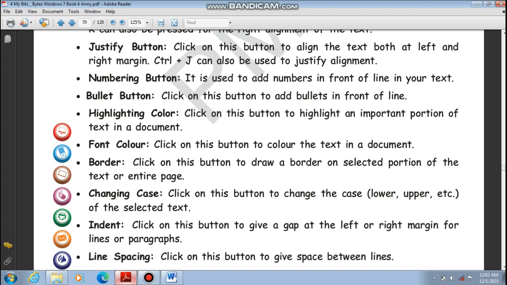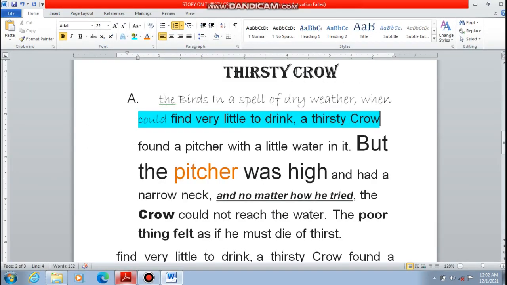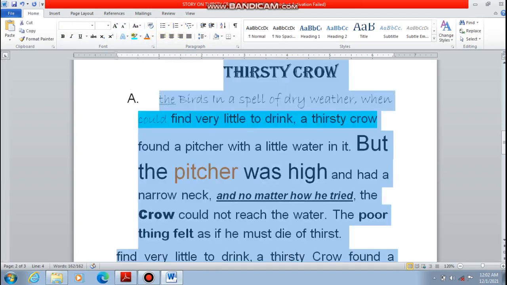Next is changing case. If you want to change the case, you have to click here. This is changing case. Go here, sentence case, select all.